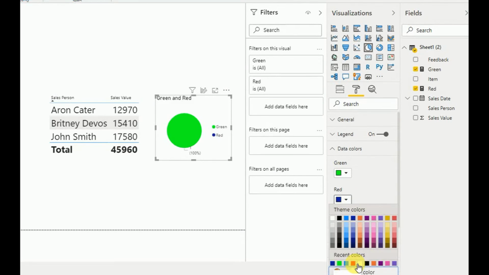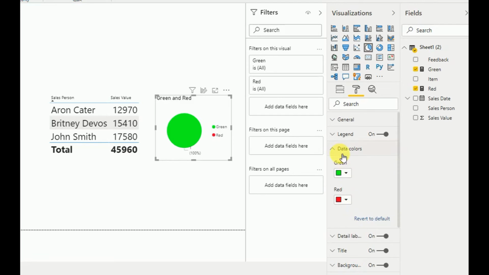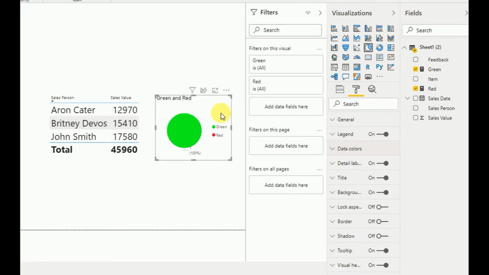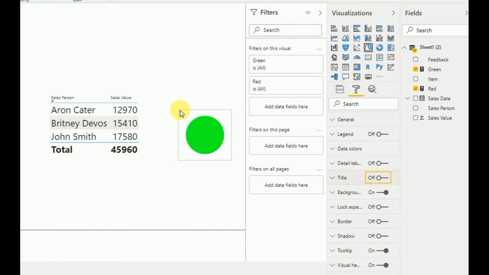That is finished, and I switch off all the other things: the legend, detail labels and title. Now everything is removed.